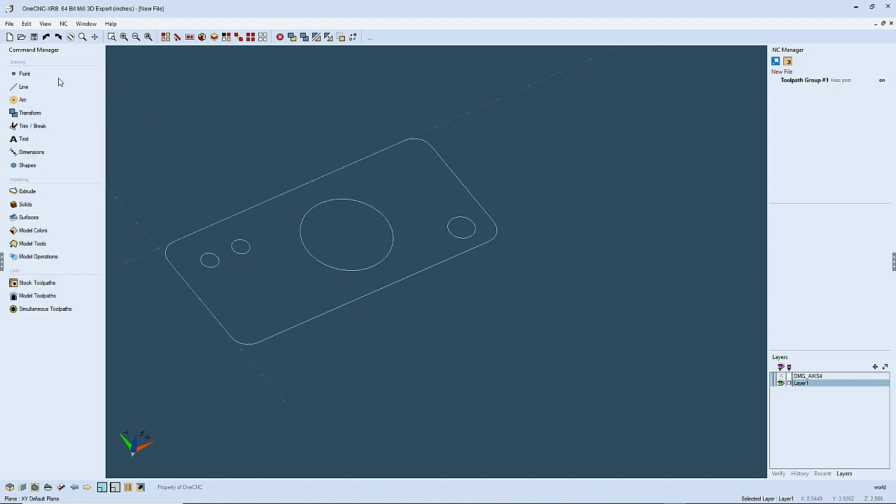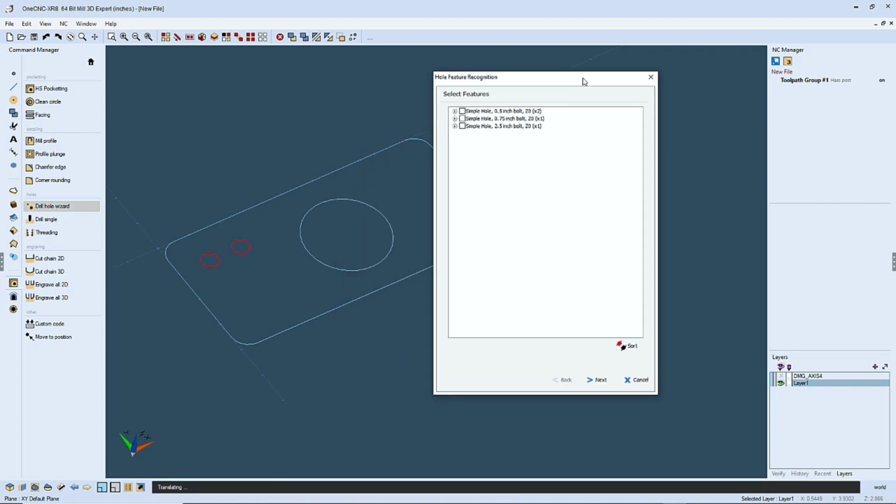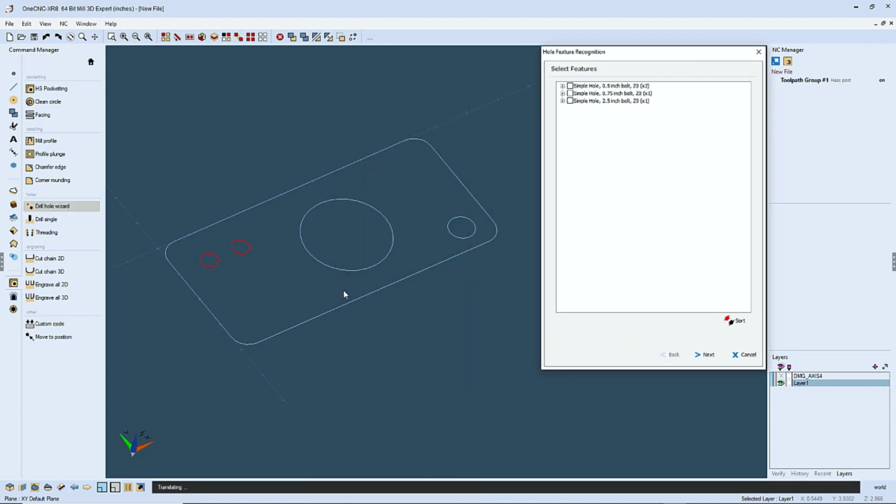Within the command manager under your stock toolpaths, you're going to find the Hole Wizard. You just left click there, and as soon as you do that, OneCNC is going to interrogate the geometry, and it's already grouped the like holes together. So if I were to left click here, this is going to be the information for these two holes. If I left click here, see how that highlights? That's the information for the .750 diameter hole, and if I left click there, that's the information for the 2.5